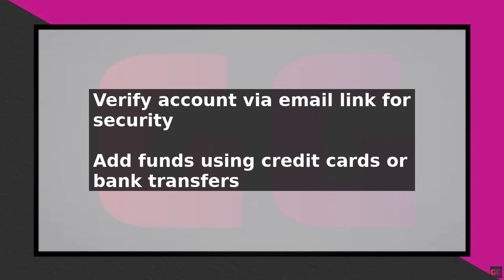To send money, select the Send Money option. Enter the recipient's email address or Skrill ID, and the amount you want to send. You can also add a message to the recipient if needed. Review the transaction details carefully before confirming the payment.